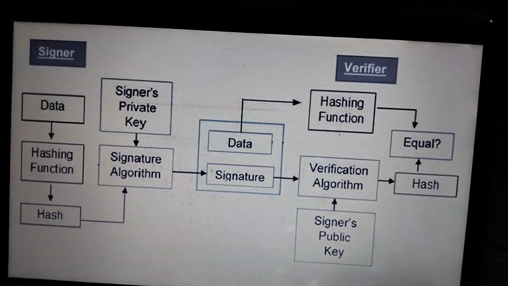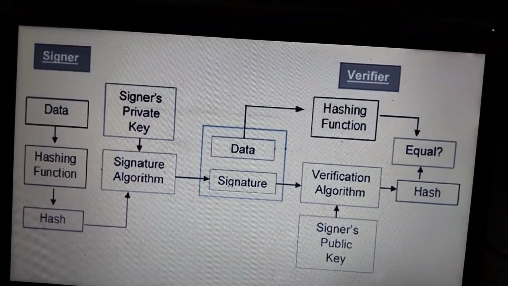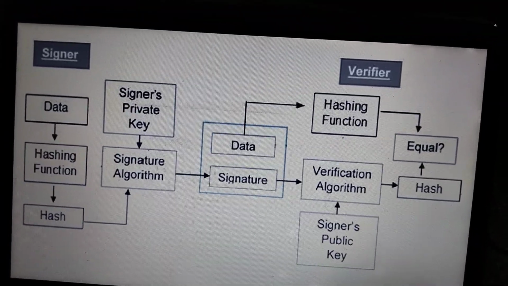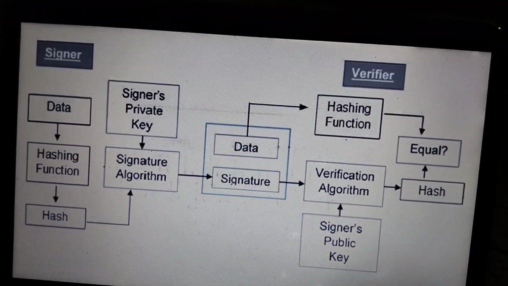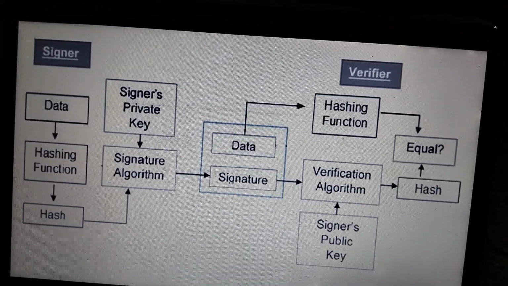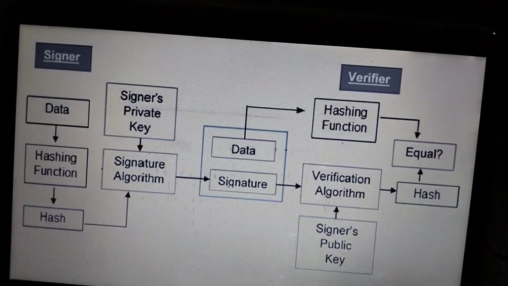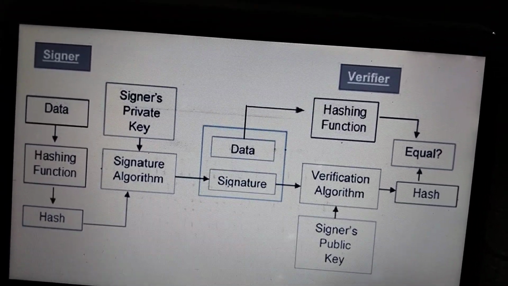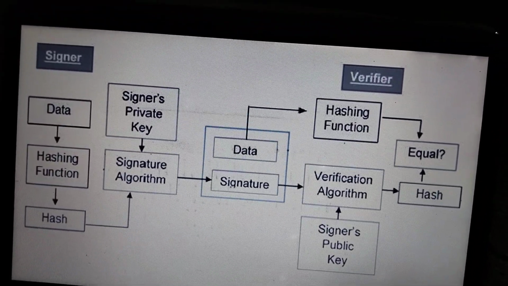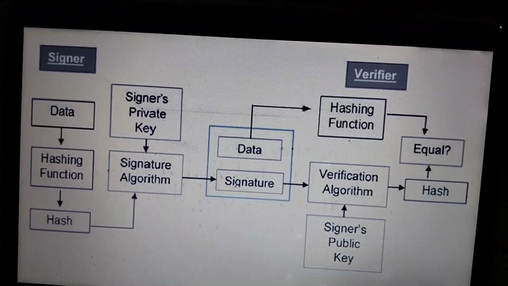What the verification algorithm does here is check whether the hash value is the same or not, and whether the signature is equal or not equal. If all the values are verified as the same, it will read the data. If it is not equal, it will discard all the information. So that's all about the topics from your first unit.